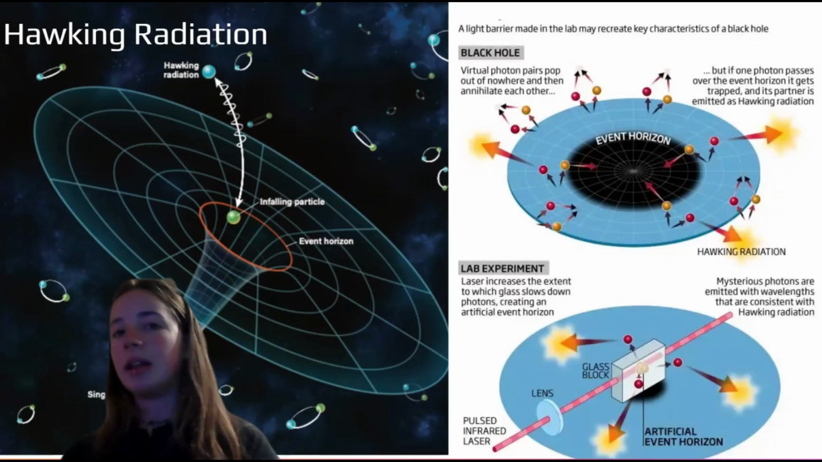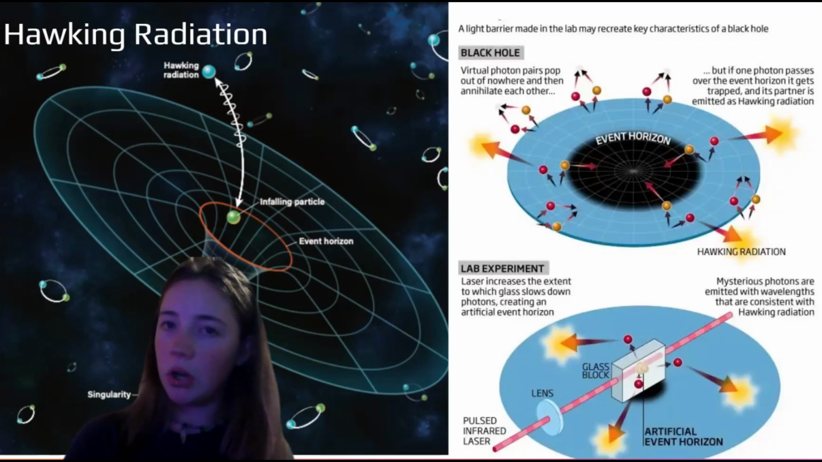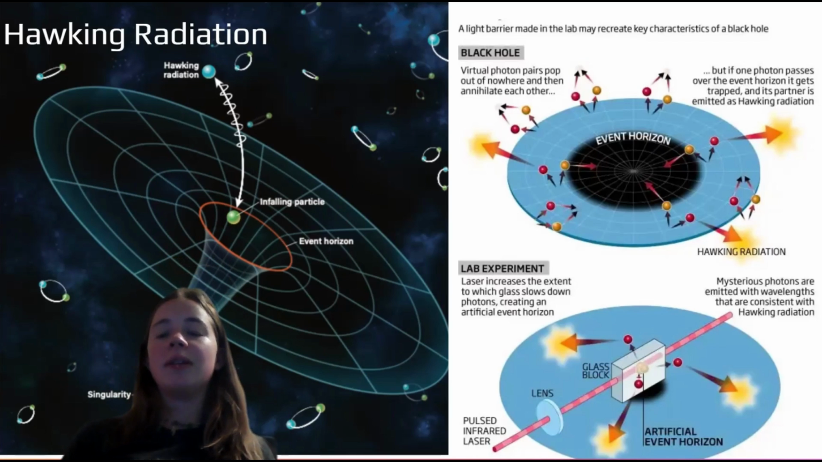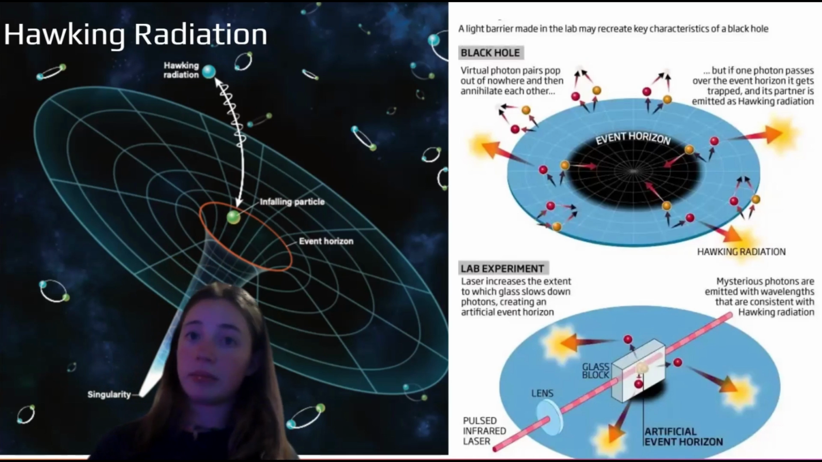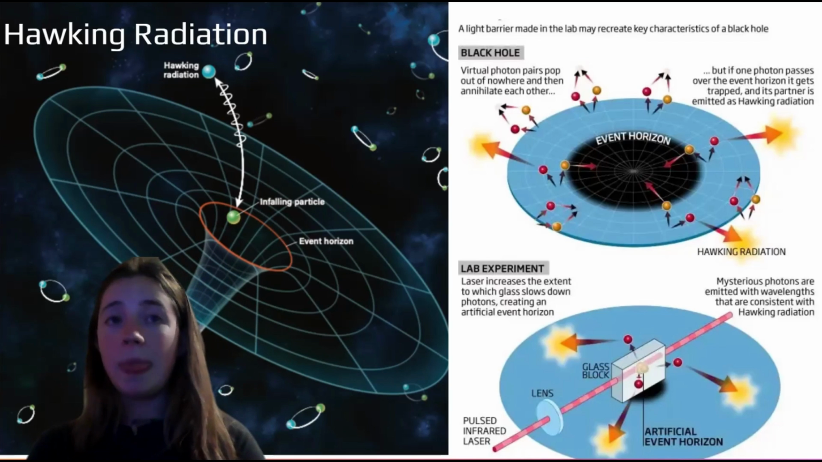So we don't have the ability or technology to create a black hole on Earth, nor do we want to if we could. Doesn't sound like it would end well. So they created this artificial event horizon and witnessed Hawking radiation taking place on it. So Hawking radiation has been observed in the lab, and